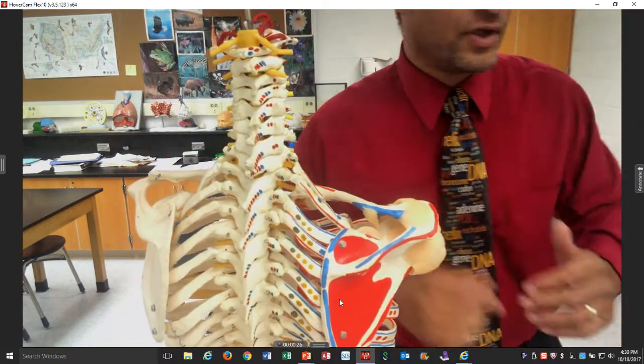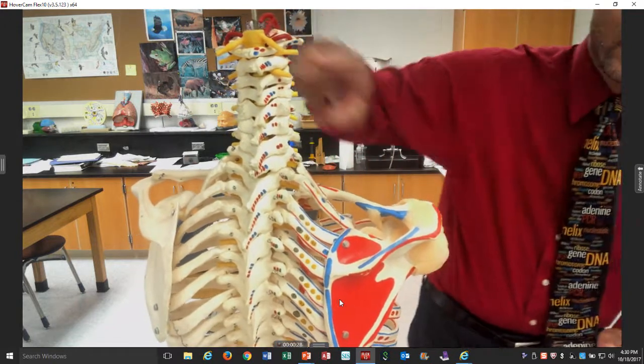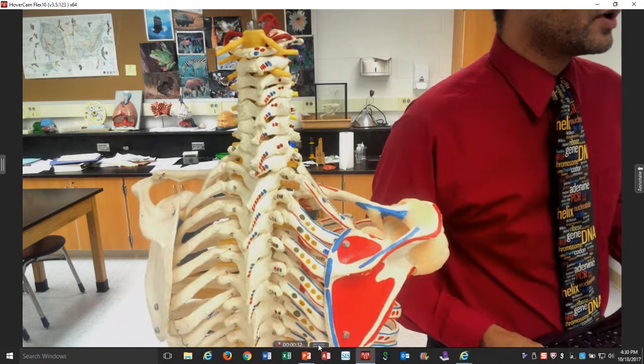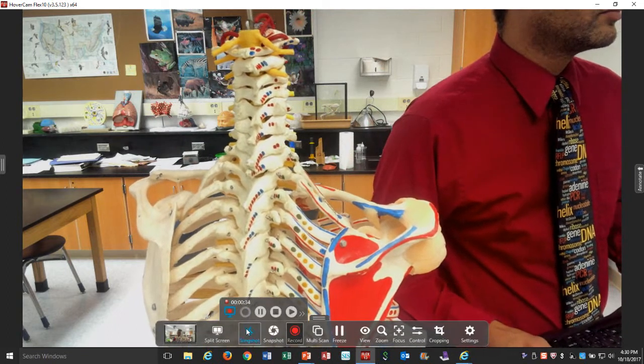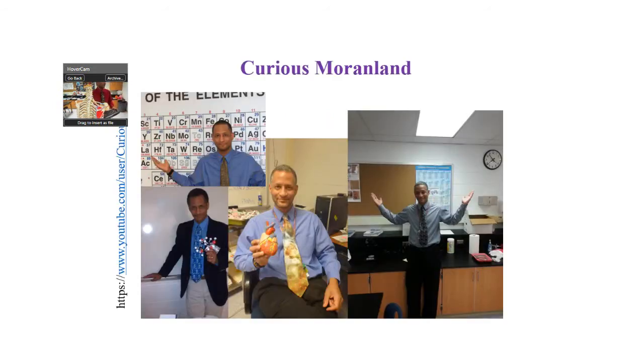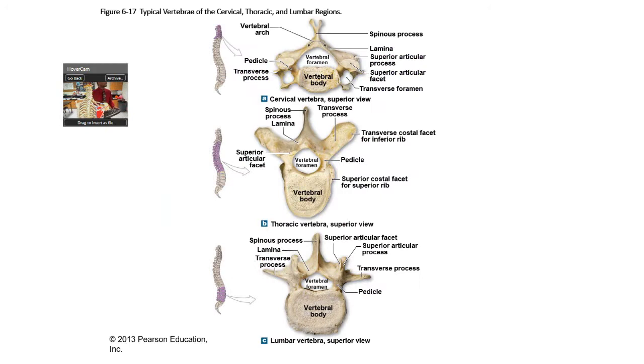This is a follow-up video to the video I made where I go through each one of these, so this won't take that long. All right, so let's look at what we have. We're looking at the vertebral column, and we're going to look at the bone markings, brought to you by Curious Marine. So first, a quick refresher. Over there, you've got